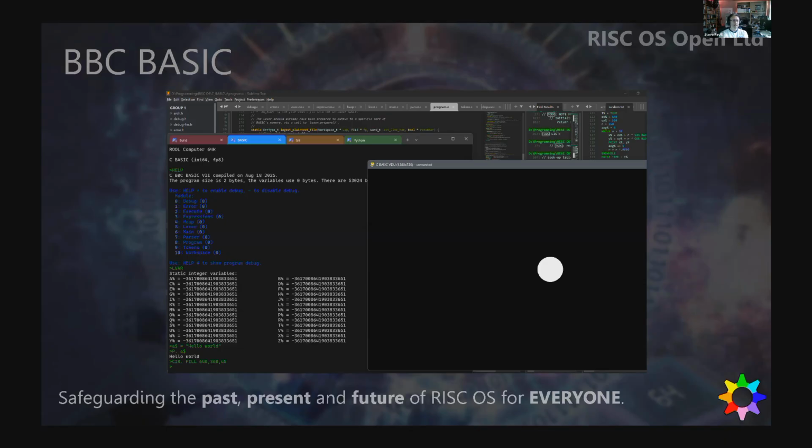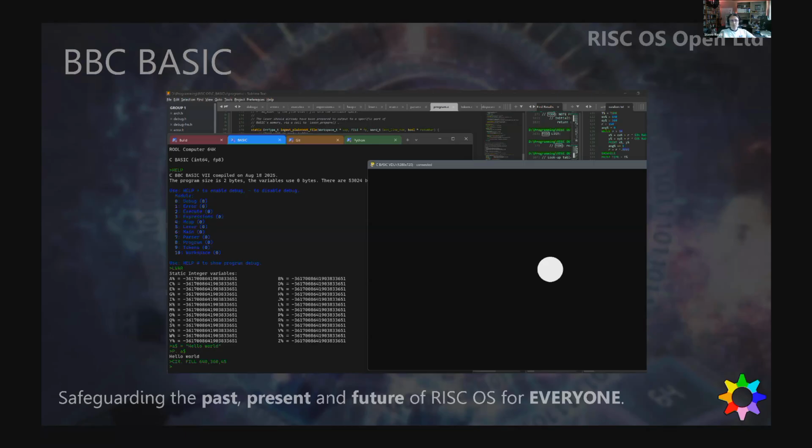But you can see there a very simple example where I've just drawn a circle, and that's just drawn a circle in another window. So that's allowed me to do some testing very conveniently because I happen to be doing all my programming on Windows. And having LanManFS has been very handy for moving stuff back and forth between Windows and RISC OS.